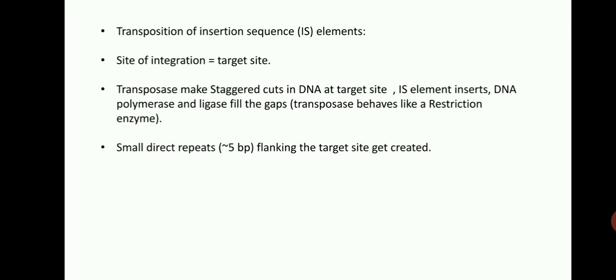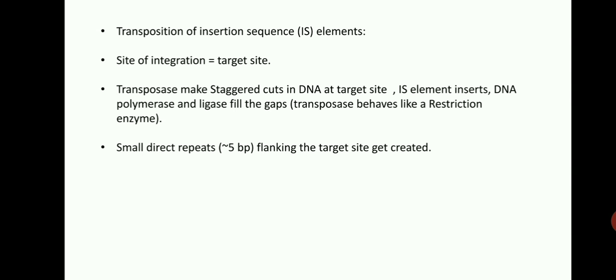So this process of insertion of an IS element involves a pair of staggered nicks, as we just discussed, on two opposite strands of the target DNA, producing two free single-stranded ends to which the copy of the IS element is joined. As a result, two gaps are created in opposite strands of the recipient DNA and then the gaps are filled up by the DNA polymerase and ligase. Thereby, an inserted IS element with its terminal inverted repeats is flanked on either side by two short direct repeats originating from the duplicated target sequence.